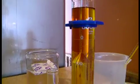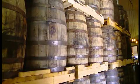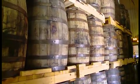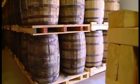And at 120 proof, it then goes into new charred American white oak barrels. It just so happens that new American white oak barrels that are charred to some level are the perfect vessel for aging bourbon whiskey in, and that's what really defines bourbon's character. Well, I don't bother with them for a couple of years, and then we open them up and withdraw samples,